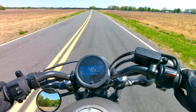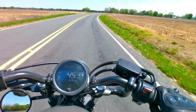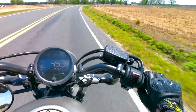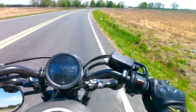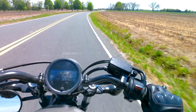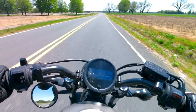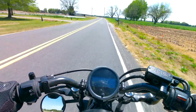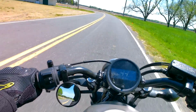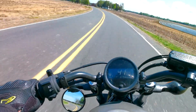The exhaust on this bike is stupidly quiet. With a full face helmet on, and I normally don't wear earplugs, though I probably should and probably will start wearing them, you pretty much can't hear this bike over 45 miles an hour. The wind noise on it is so much that it drowns out the exhaust. Some of that might have to do with the fact that I am wearing a cheaper helmet. I bet if I had spent $700 on a helmet instead of $200 on a helmet, maybe I could still